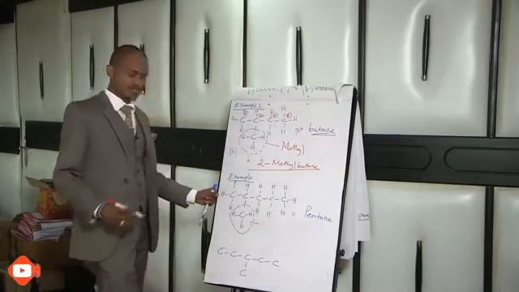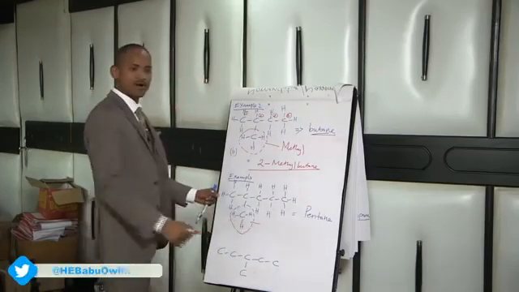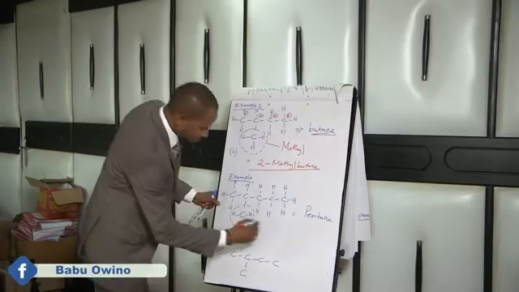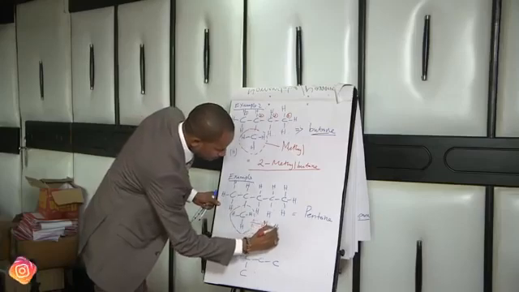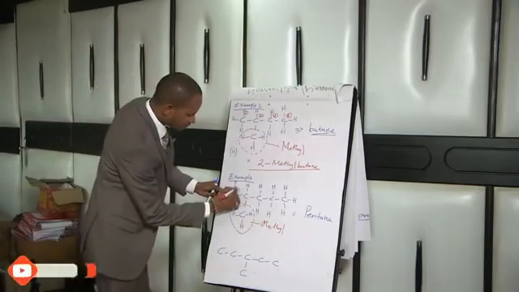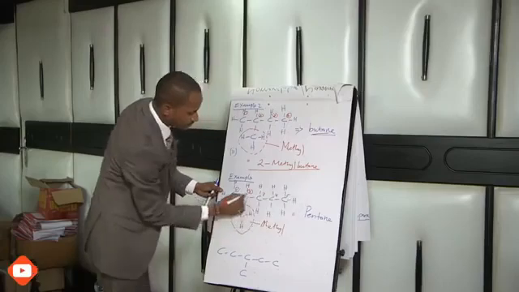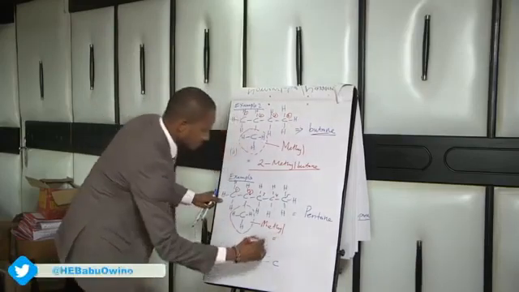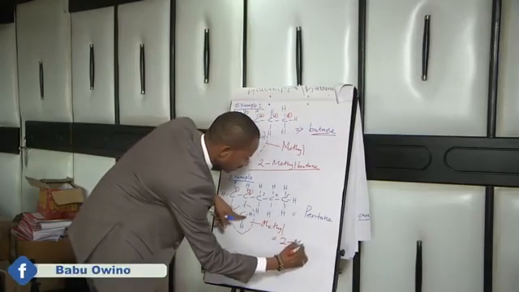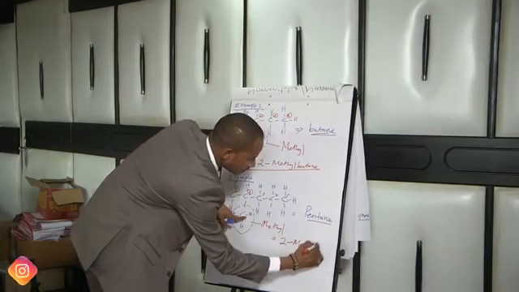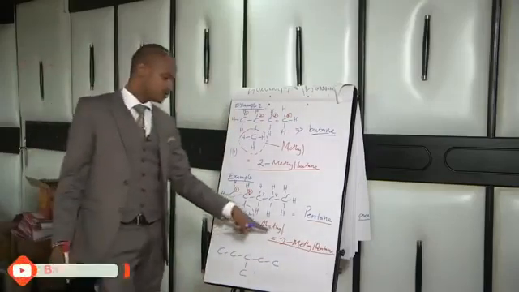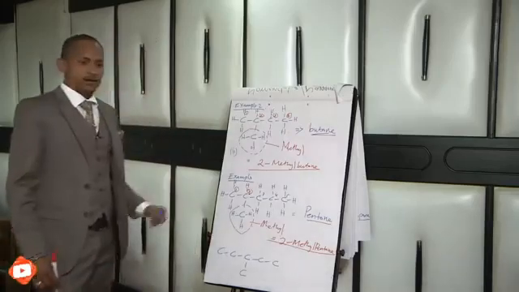So this branch is also a methyl branch, because we said it is one carbon atom with one hydrogen atom less from the parent alkane. So this is a methyl. Then identify on which carbon atom it lies. Number 1, 2, 3, 4, 5. So it lies on the second, which gives it the name: start with 2, then methyl pentane. Class, repeat after me: 2-methyl pentane. Next one,